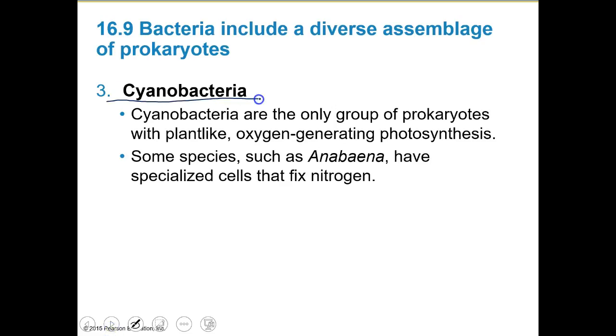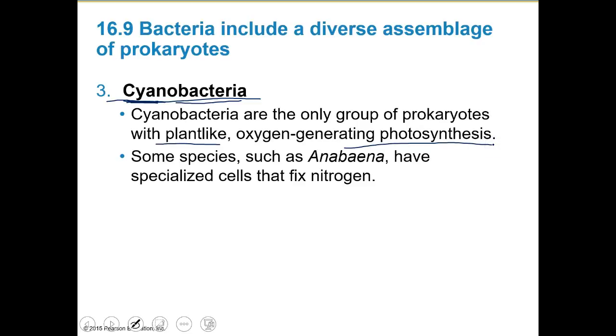Cyanobacteria are the next one. Those are my favorites. If you're not sure, cyan is a color, a bluish greenish color. It used to be in some old coloring stuff, but cyan is kind of a bluish greenish. So a bluish greenish kind of bacteria is going to be plant-like or photosynthetic. That's how I remember it. Look up cyan, it's a color and it's pretty.